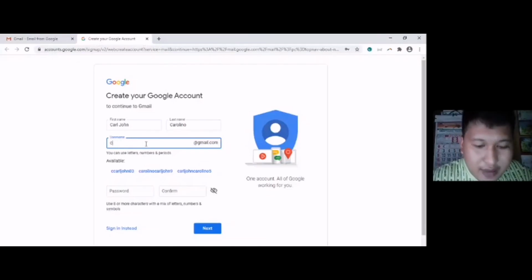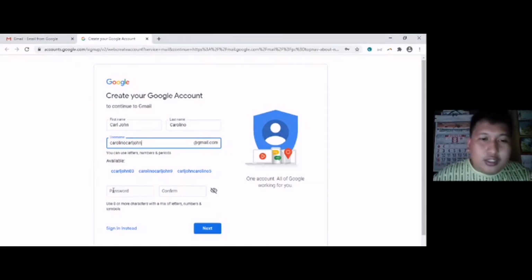So let's have the reverse format of my username. Let's see if it is possible. Okay, as of now, the system does not show any warnings.